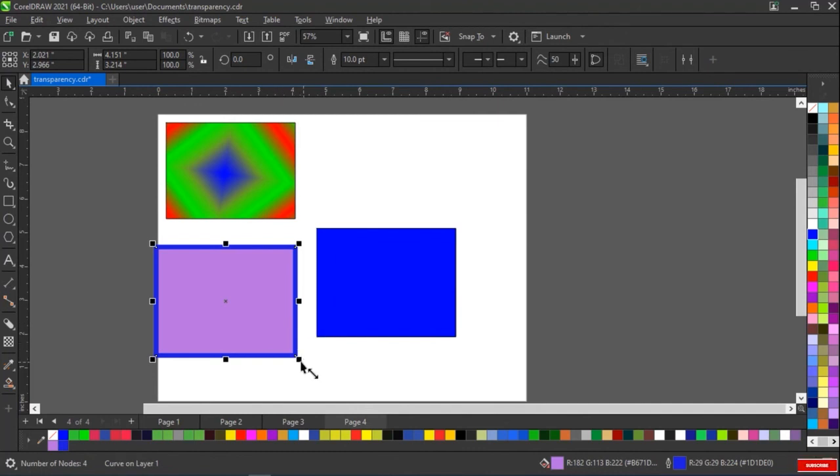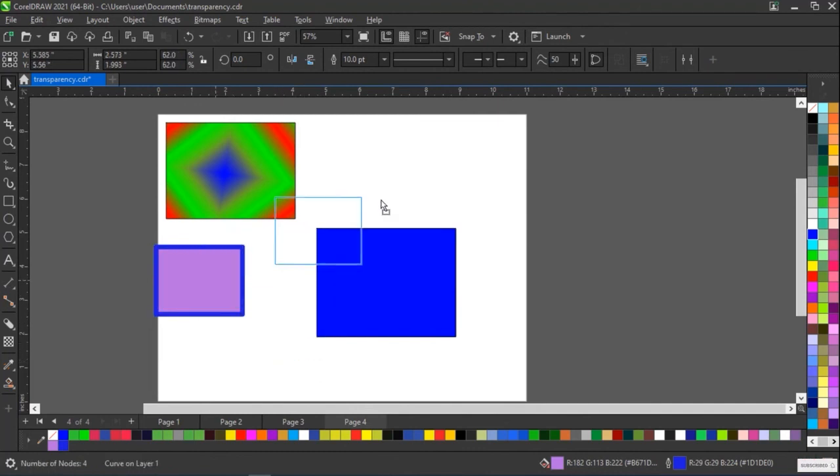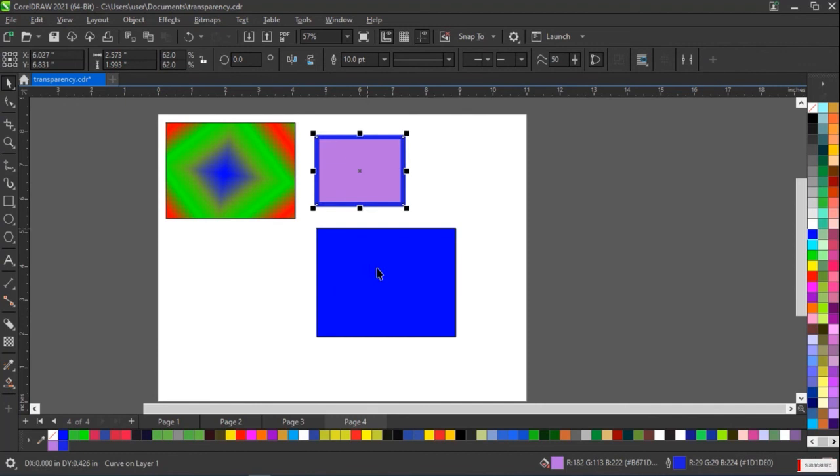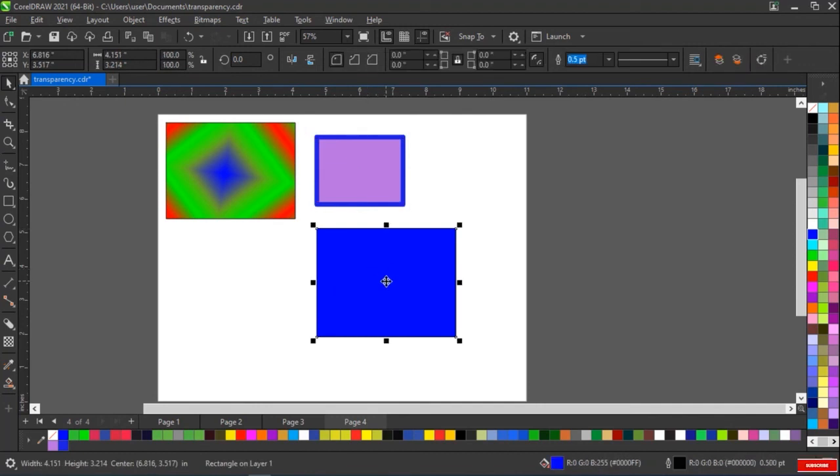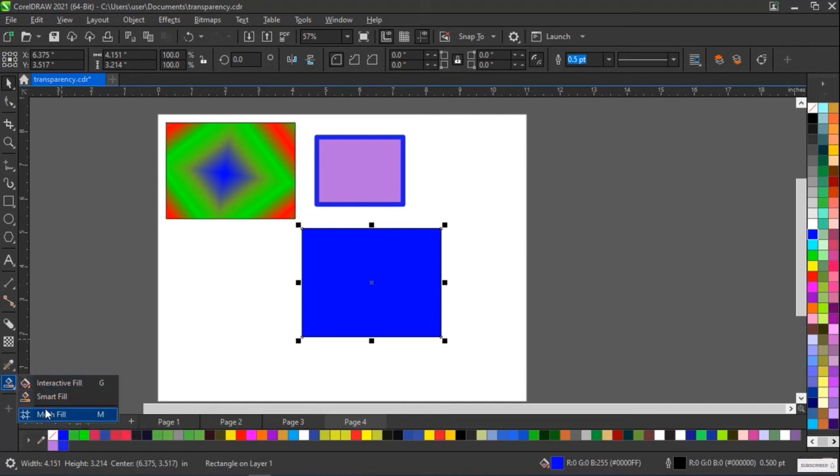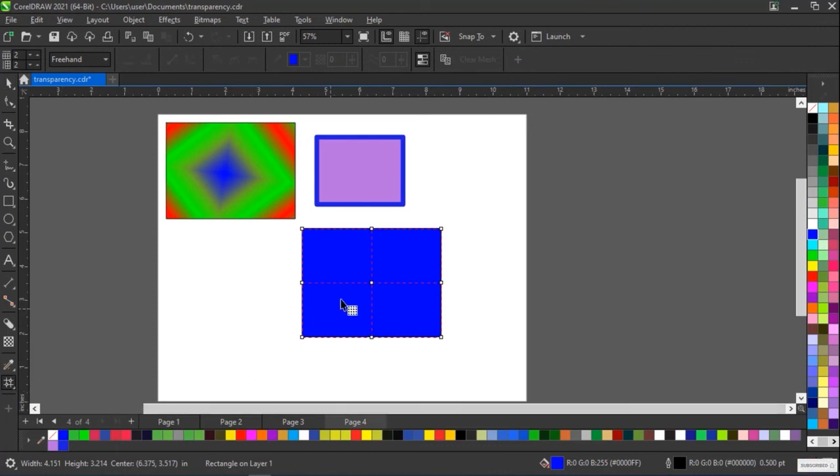Okay, we can just minimize this and keep it right here because we understand everything right inside. And then this one right here is just a normal rectangle with color blue inside. So now let's try and see how our mesh fill works. Here this mesh fill creates so many nodes for you where you can merge colors together, and at the end of the day all of them will blend as one color, just like we have here. But this doesn't have a pattern,